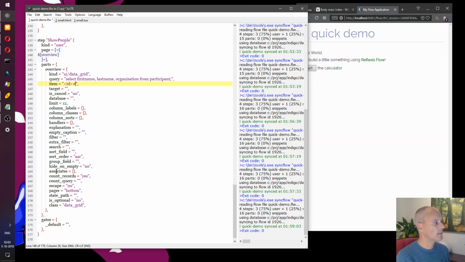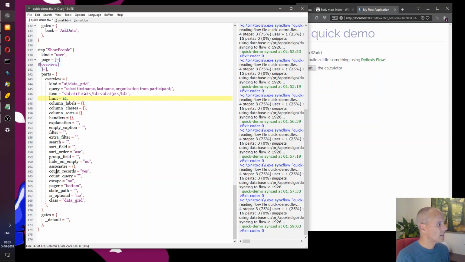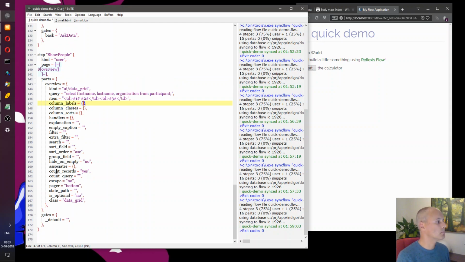So the item property is something that we can use to specify what goes into which table cell. So this is essentially a small template. I think it should be like this. I don't need any of this. Yes, it would be nice to have some labels above the columns. So in the first column we have the name of the person, and the second column the organization they belong to.